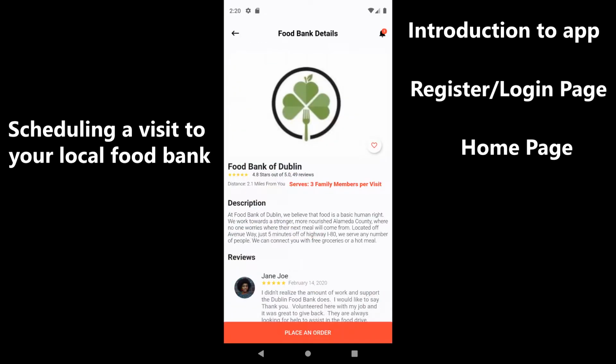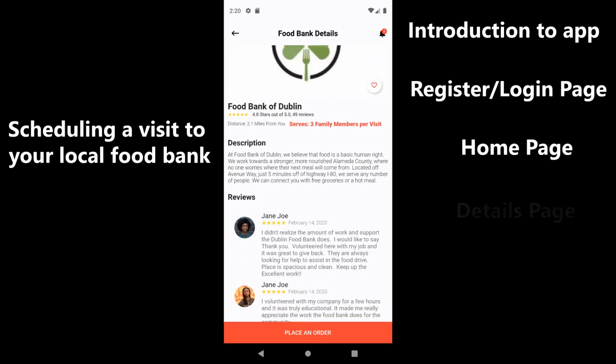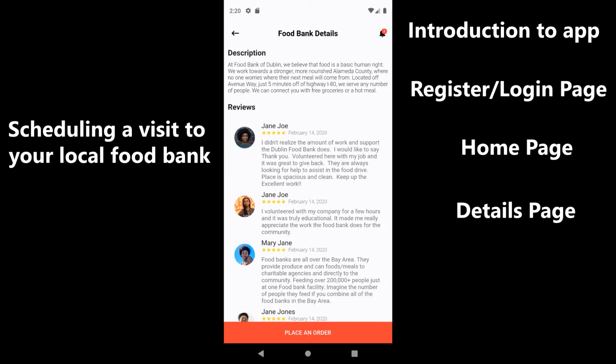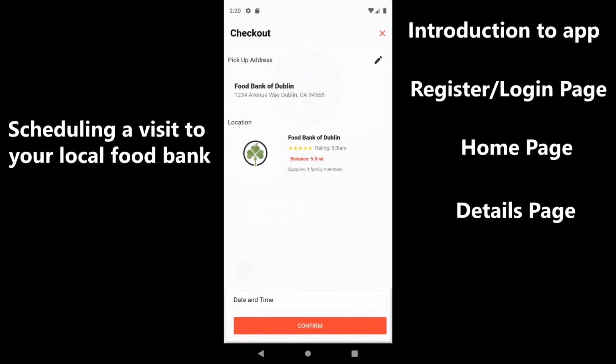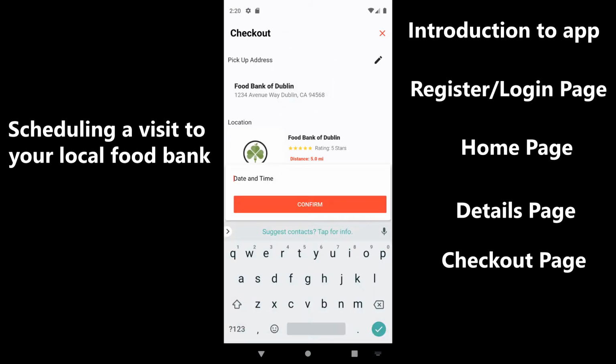Clicking on the first one, we're brought to a page with more specific details on this food bank. We can see a description and reviews for this location, and we can place an order by clicking this button. We're automatically brought to a checkout screen where I can now input a date and time. Next, I can click confirm for my order to go through,